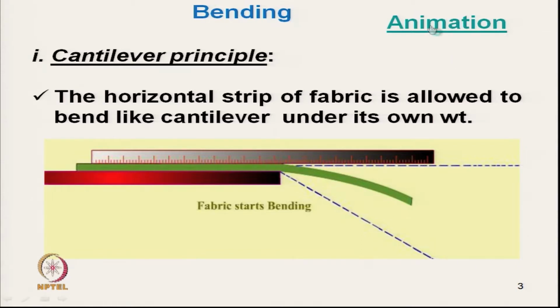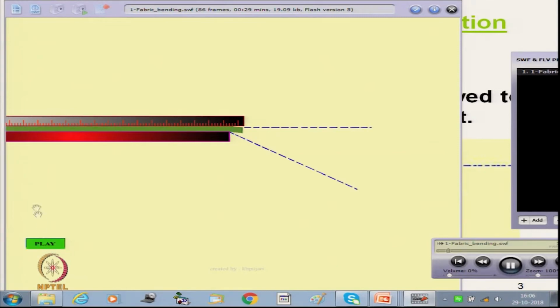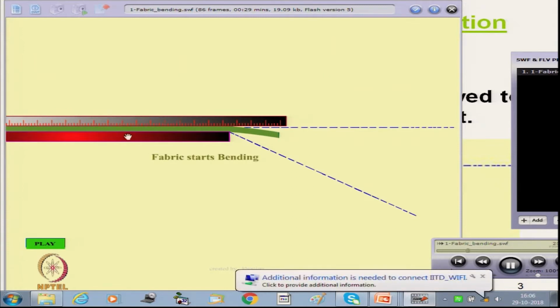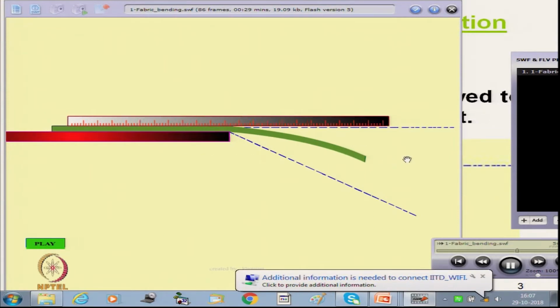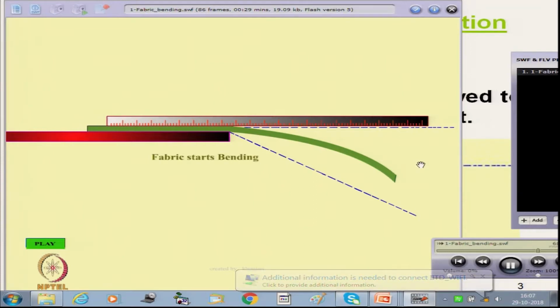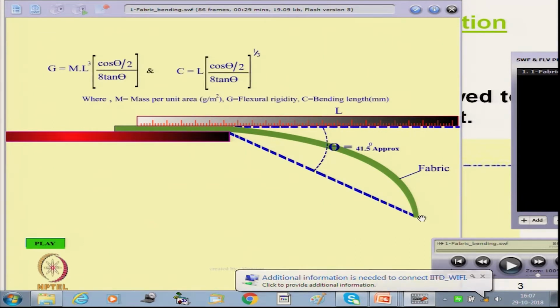So, let us see the animation of this principle. Now, when the fabric is pushed and hangs like a cantilever, gradually the overhanging length increases and its tip point makes a certain angle, until it makes a predetermined angle which is typically